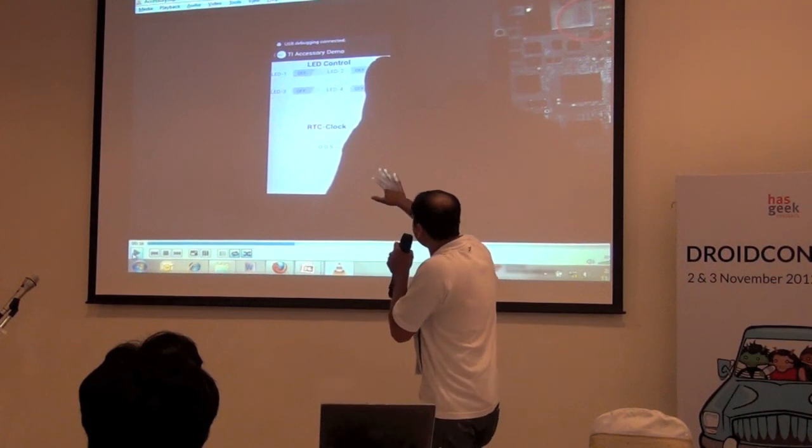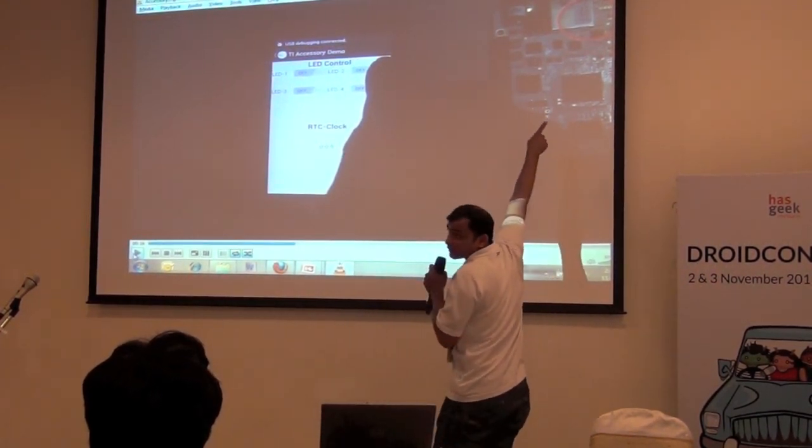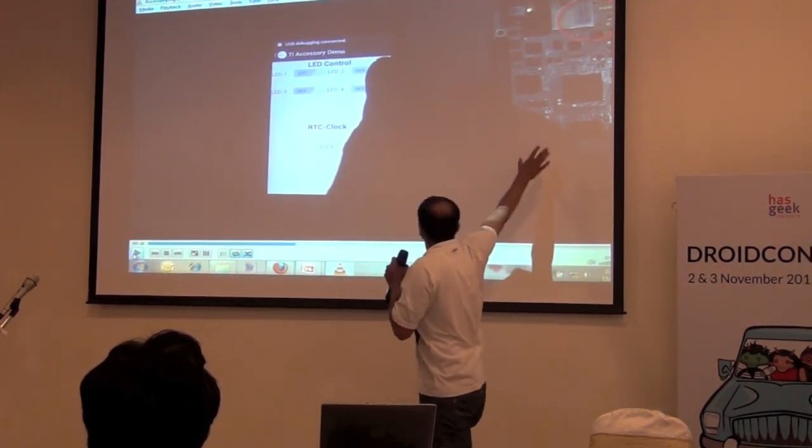The intent here is to show that from these buttons you can control the LEDs of this BeagleBone, and it will display the RTC clock of this device.